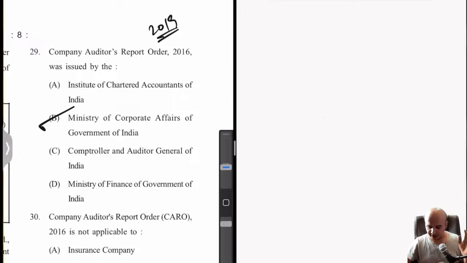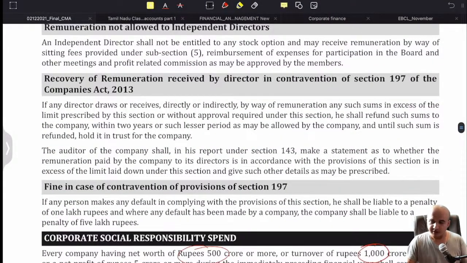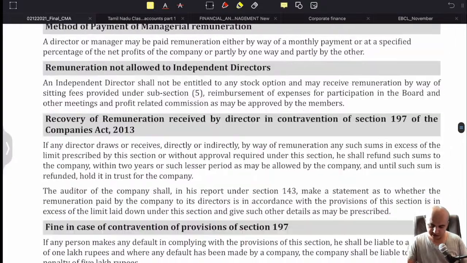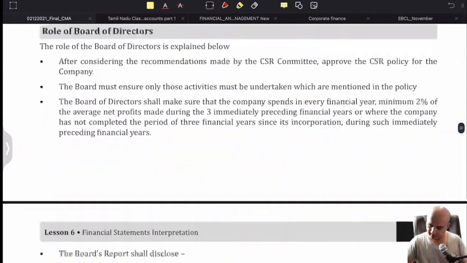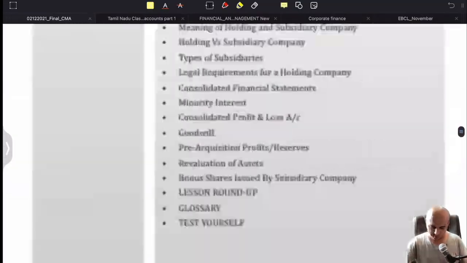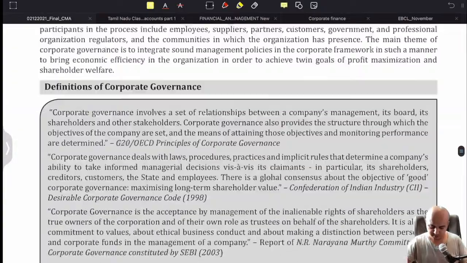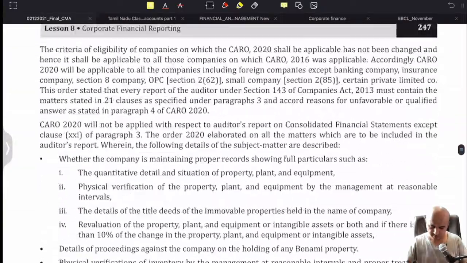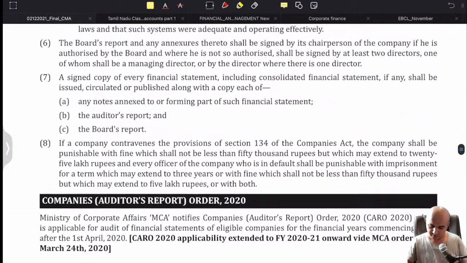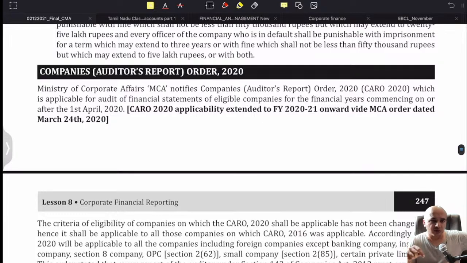We can in fact just check our study material. Let me just check. Let's see. CARO will be in this chapter. Companies Auditors Report Order 2020. I hope you can see the